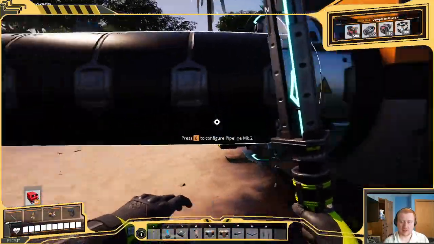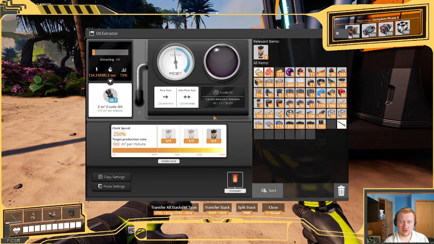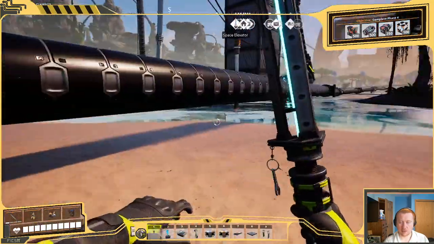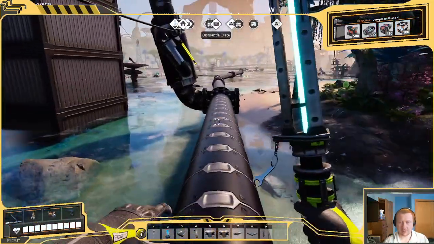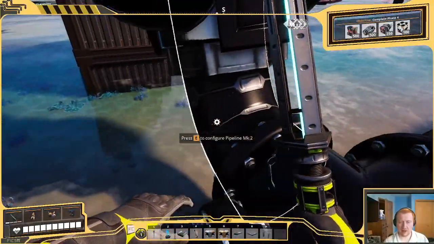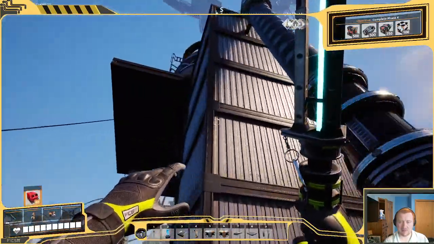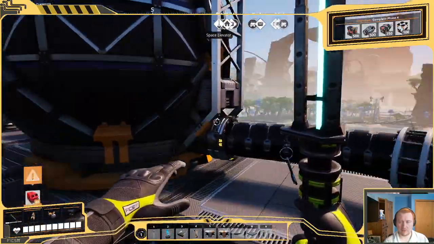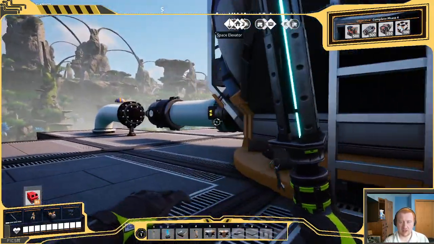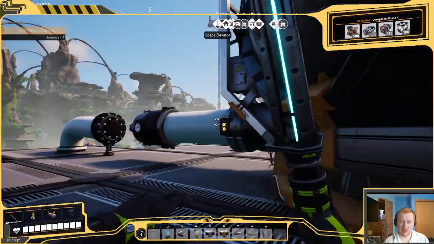So right now I have an oil extractor set to 600 meters cubed per minute on a pure node. It is bringing oil to some of my system down that way, but I split this off here and I'm bringing it up to this buffer. The reason I have this up here, it kind of builds off the water tower idea. But